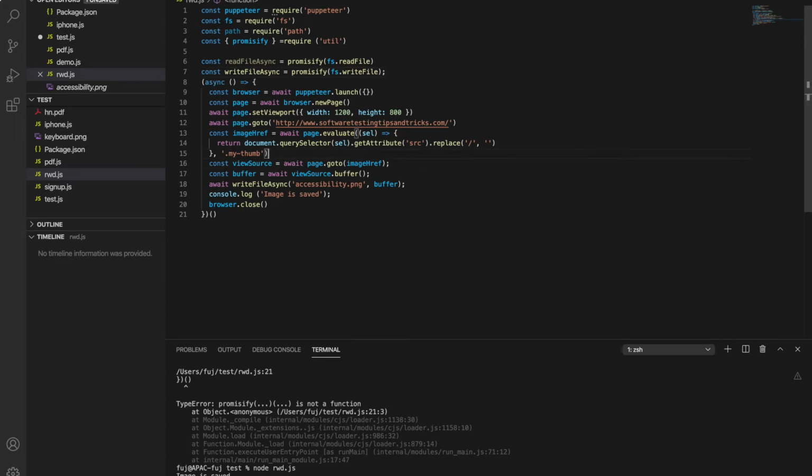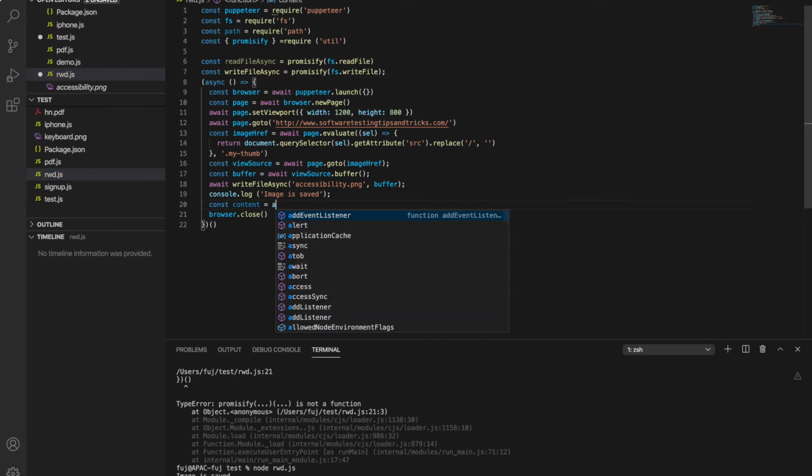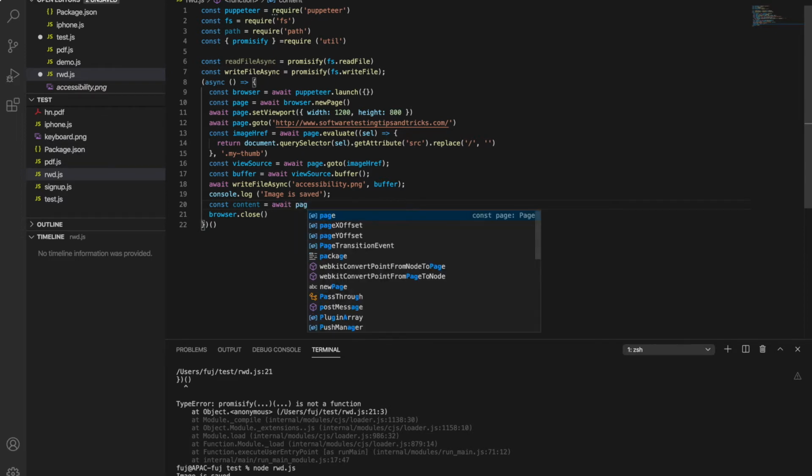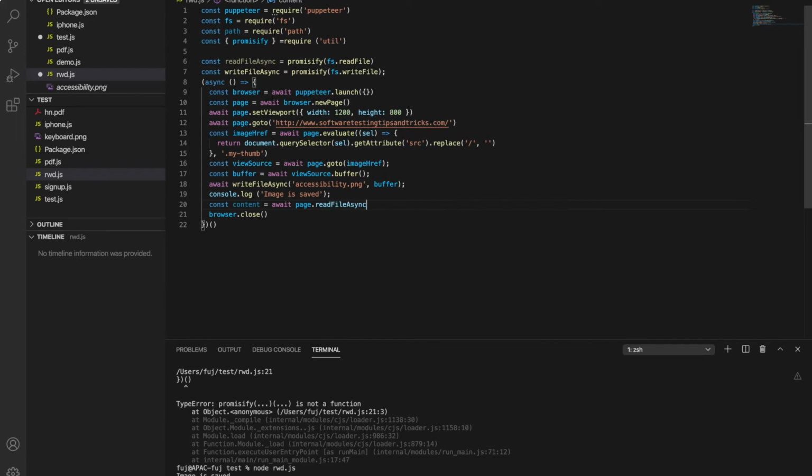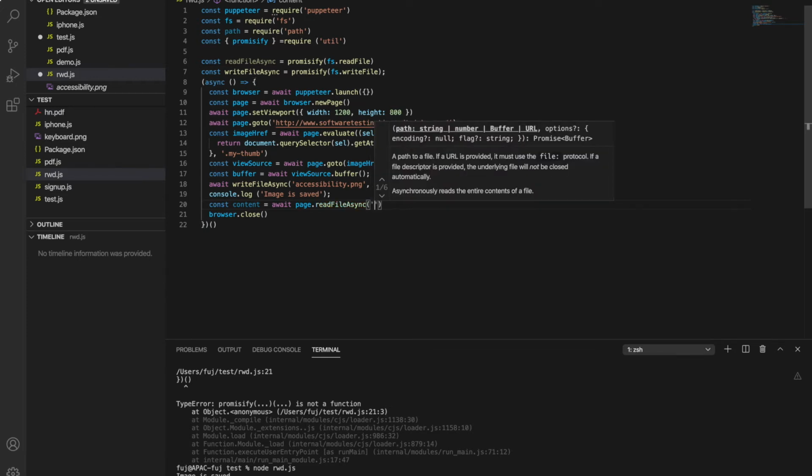Now to read the file, we can simply use read file async. I define one constant content equal to await page dot read file async, and the image that is getting saved, I want to read that.